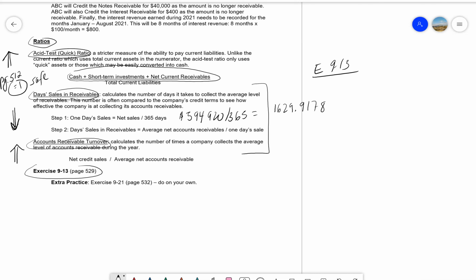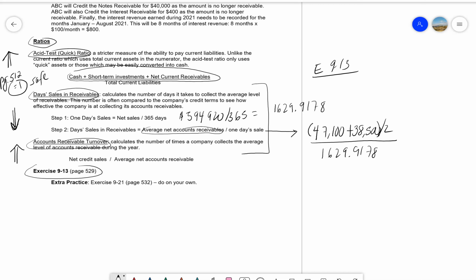And then we're going to take that number as the denominator, and we're going to take average net accounts receivable as the numerator. Now, average net accounts receivable is basically the average of the accounts receivable at the end of last year plus the amount at the end of this year divided by 2. So let's work on the numerator first. We're going to take the accounts receivable at the end of last year, 47,100. We're going to add the accounts receivable at the end of this year, 38,500. Divide that by 2, and then divide it by the 1 day sale,